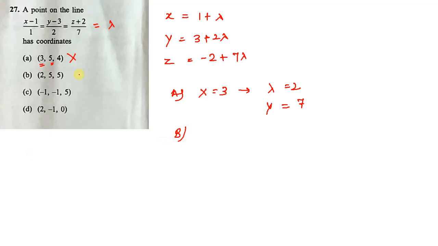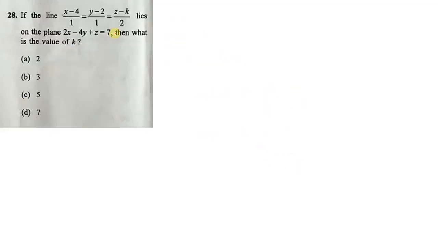Now option number second. According to option number second, x is 2, so lambda is nothing but 1. If lambda is 1, then the y coordinate of this point is 3 plus 2, which is 5. Yes, it is equal, and z is again 5, so 2, 5, 5 satisfies this condition, so option number B is our answer. Question number 28: if the line x minus 4 upon 1 is equal to y